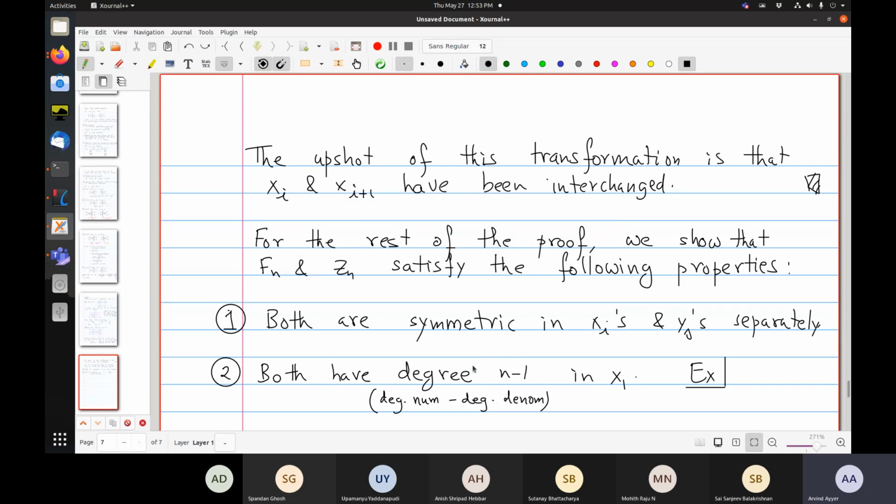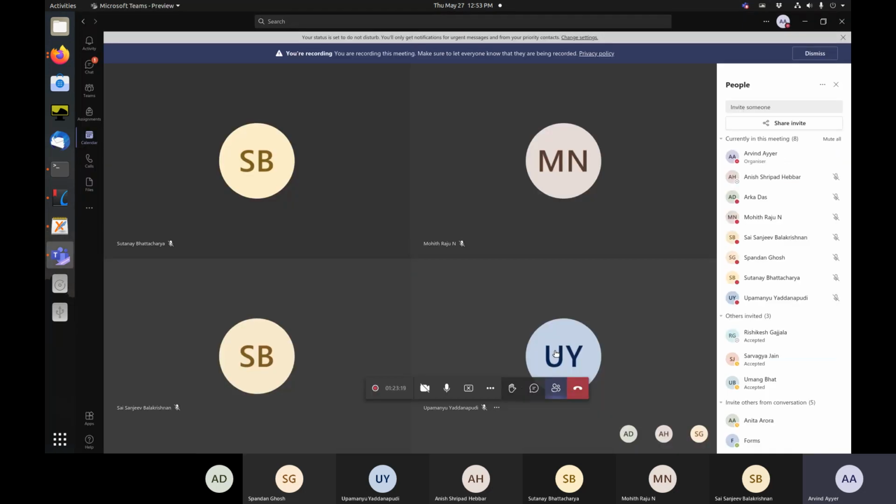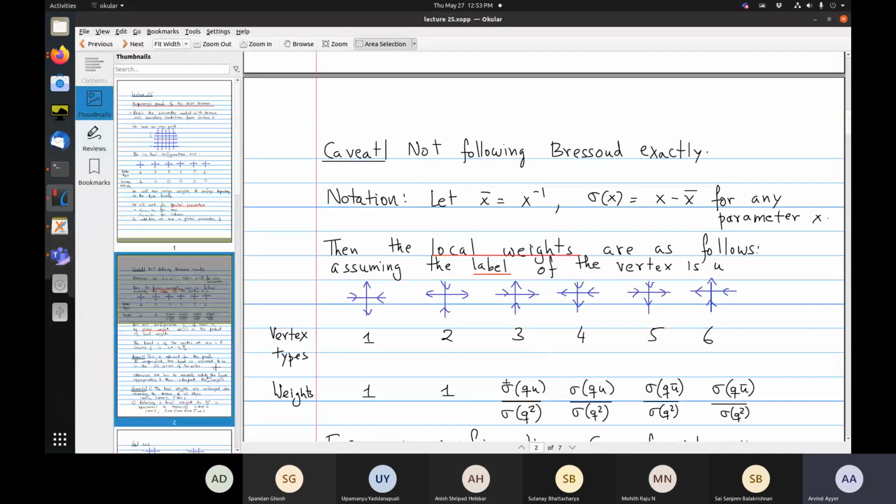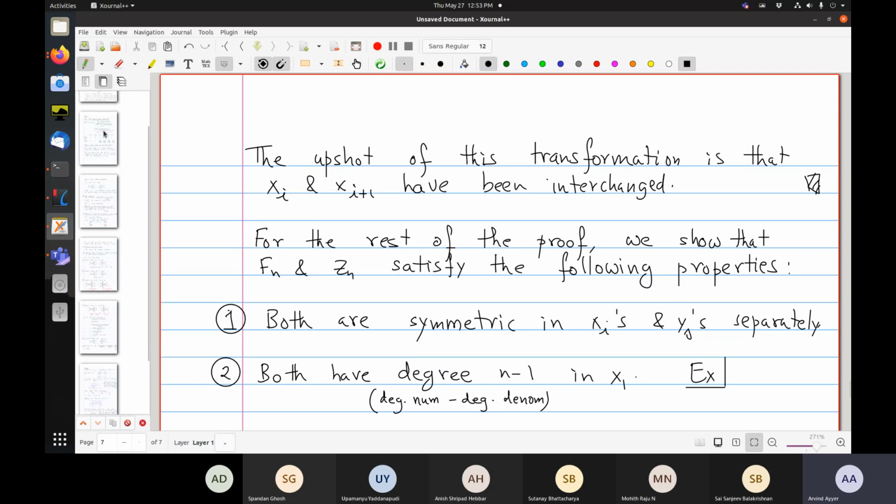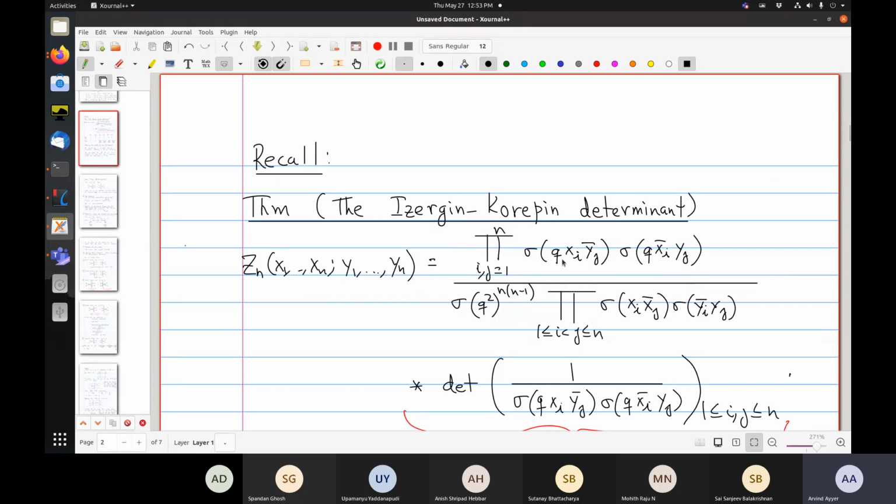Yeah, exactly. So there will be degree... So there will be n minus 1 of these, and each will have degree 1. Okay, so that gives you for the Zn side. For the x, for Fn, let's go here. So look at the degree of each of these guys. So you will get degree n over here, and this will cancel with degree 1 over here. These will not contribute.